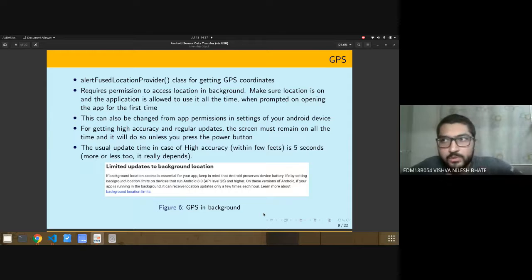But the problem with wake lock is that if you use it while in sleep mode, it consumes a lot of power, like a lot of power. So Android suggests that you don't use it unless you have some very important application for it. So that's why we went ahead with this, where the application will always remain on.